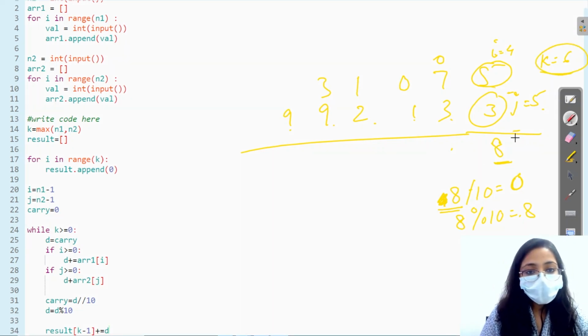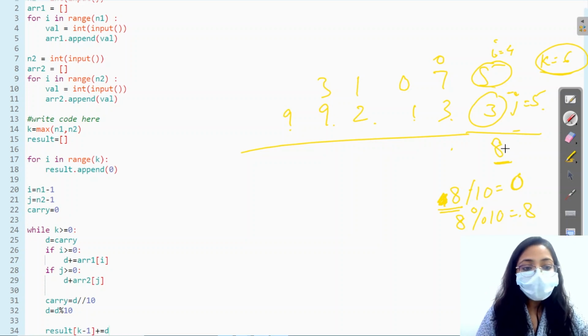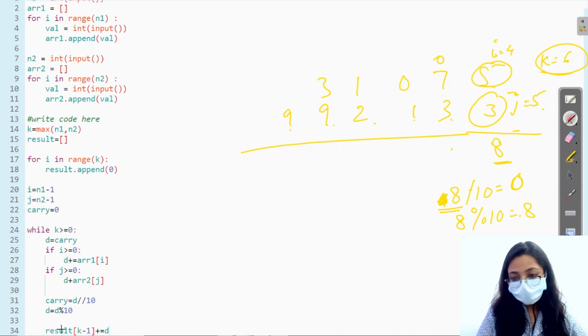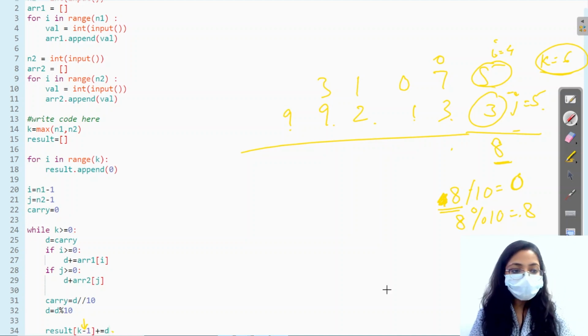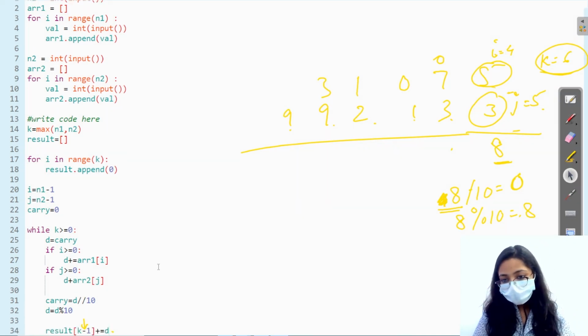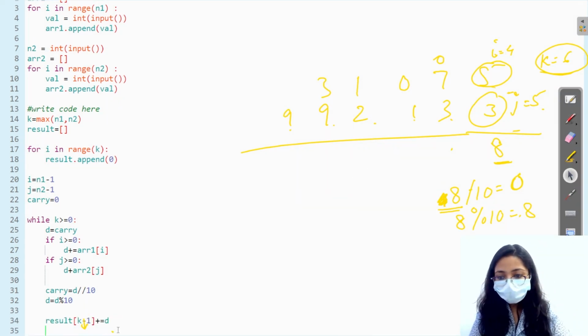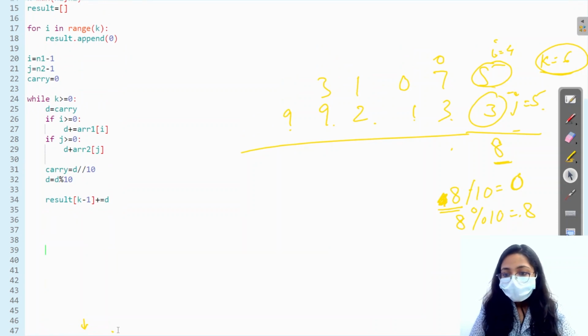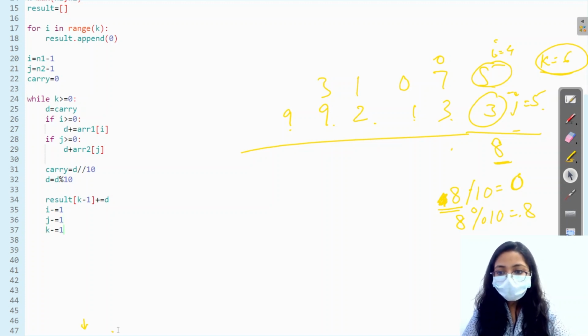I want 8 at the 5th position, right? So to the k minus 1th position, I will put d as the answer. Now, after that, decrease i by 1, decrease j by 1 and decrease k by 1.